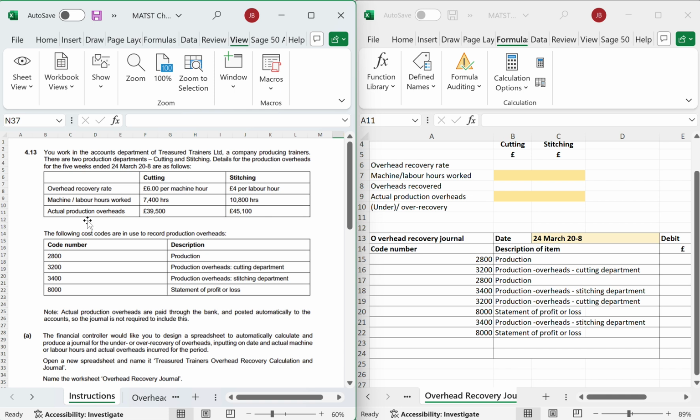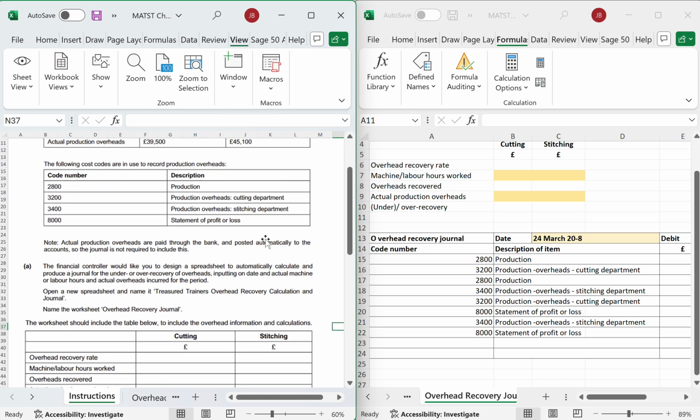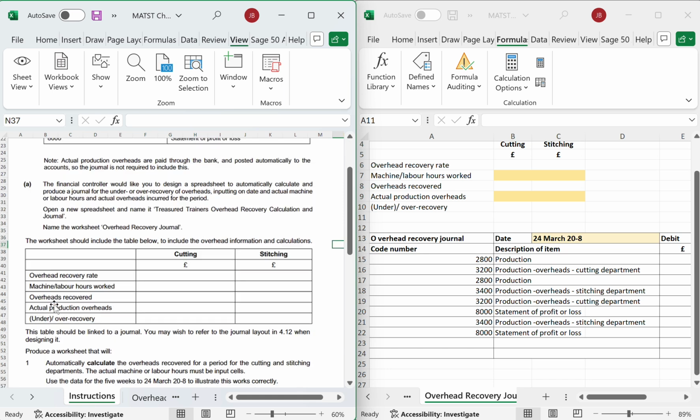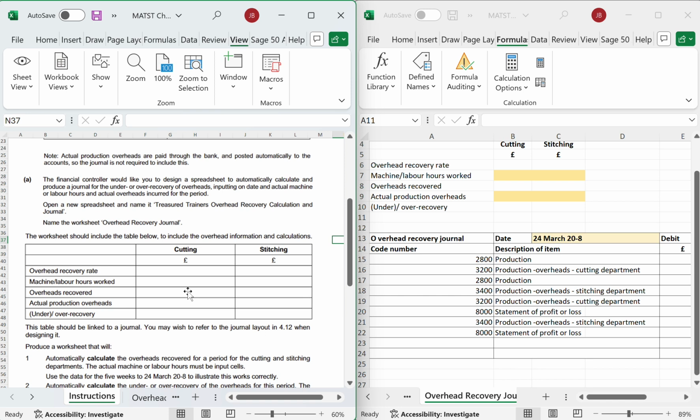Cutting department's overhead recovery rate is £6 per machine hour. Machine hours used was 7,400, actual production 39,500. Stitching was £4 per labour hour. 10,800 labour hours were used and 45,100 actual production. These are the codes that we'll be using for the departments. Actual production payments are paid through the bank and posted automatically to the account, so the journal is not required